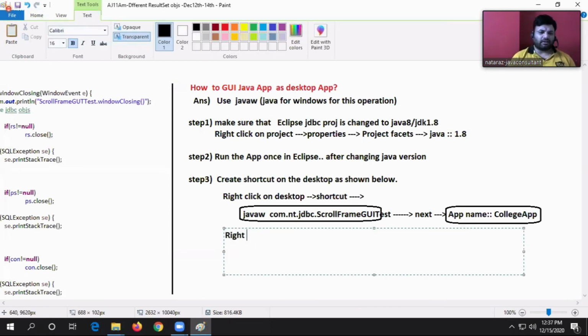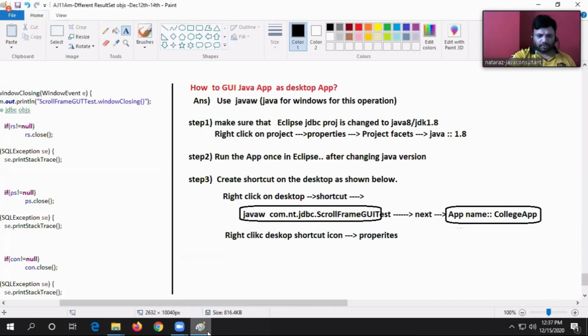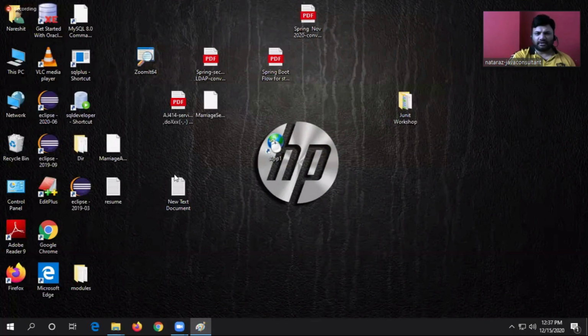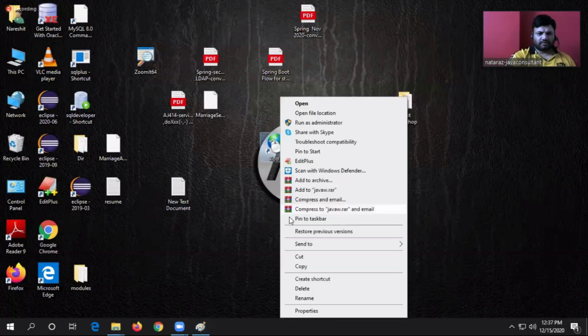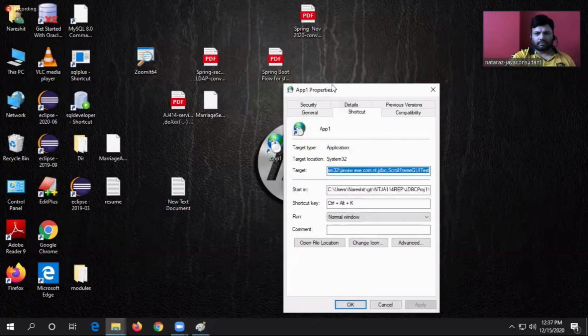Right click on the desktop shortcut icon, properties.